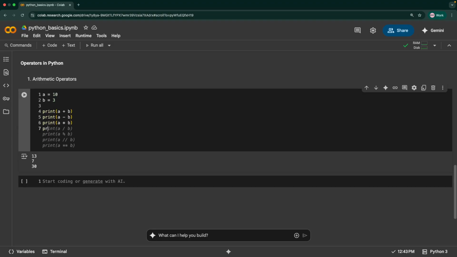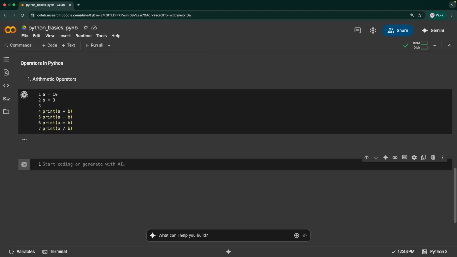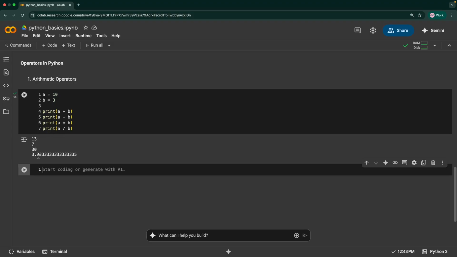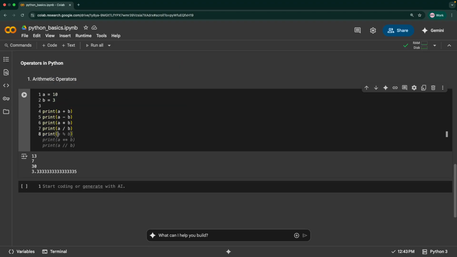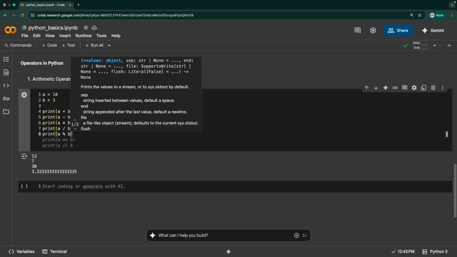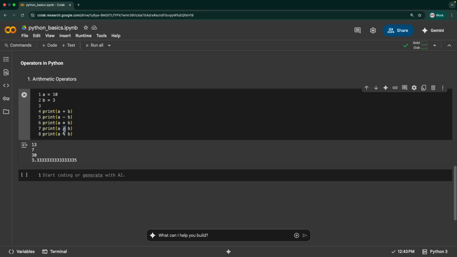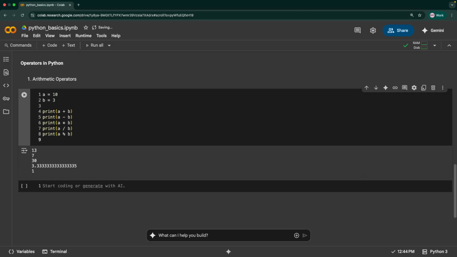And then I can use the division operator, so I'll say a divided by b, and when you do this, you would get 10 by 3, which is 3.3 as a value, and the last value is kind of rounded up. And next I have a percentage of b, which gives you the remainder when you divide it. Like earlier you would get a quotient when you use this forward slash a by b, and when you use this percentage, it's going to give the remainder when you divide 10 by 3. So the remainder in this case would be 1. So that's why you use this percentage symbol as another operator.